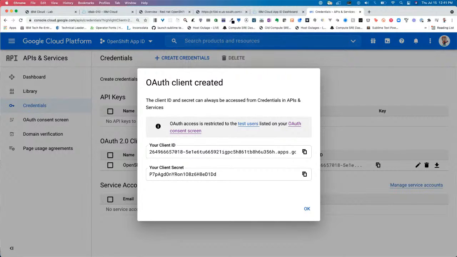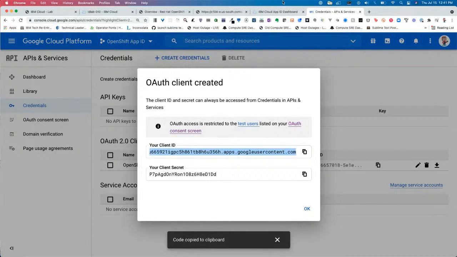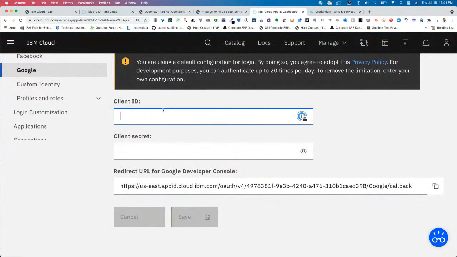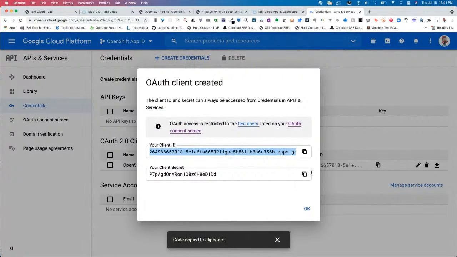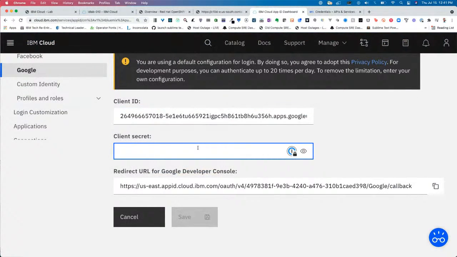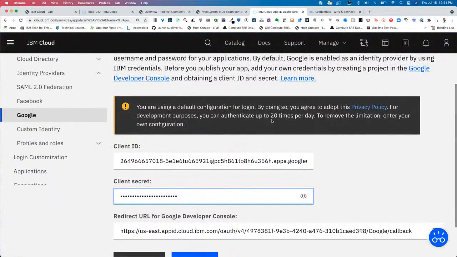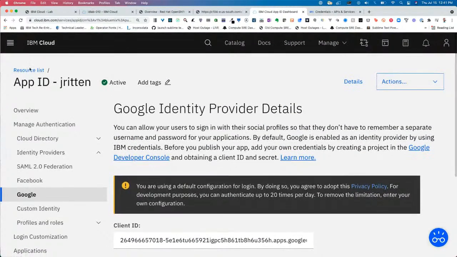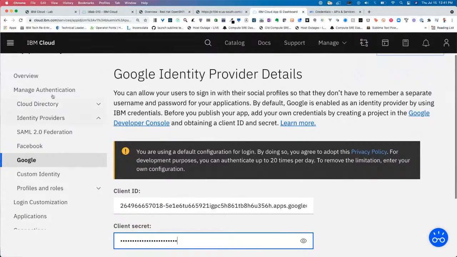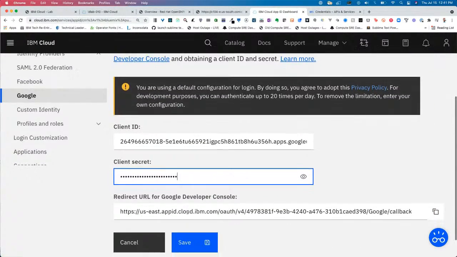And now we have our client ID and our secret. So we're going to copy our client ID and add it right here. We're going to copy our client secret and add it here. And this is in our App ID Google identity providers. So within our managed authentication under Google, we're adding our